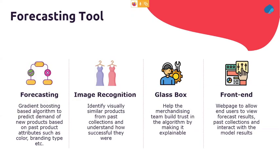So what did we build exactly? As I said, it was a demand forecasting problem. So in order to tackle the forecasting challenge, we used a gradient boosting algorithm to predict demand of these newly